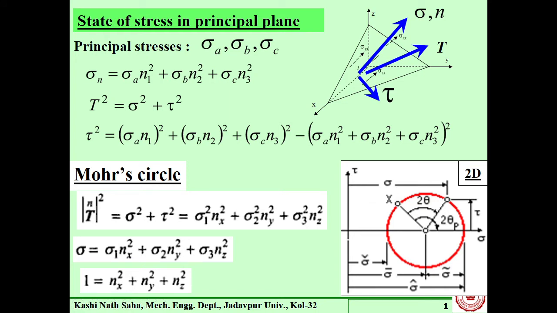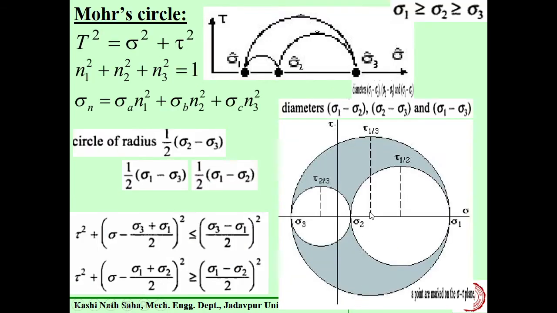So when we take nx as a fixed value, we vary ny, nz with this, we get a particular circle. We keep ny a fixed quantity, we vary nx and nz, we get another set of circles. That way we get these three sets of circles. Is it clear? Now the radius of the circle, their center points, etc. we have discussed in our MATLAB programming lecture.